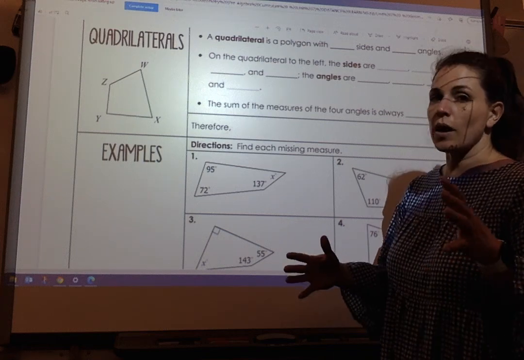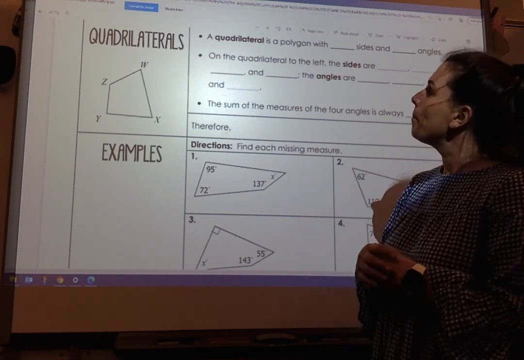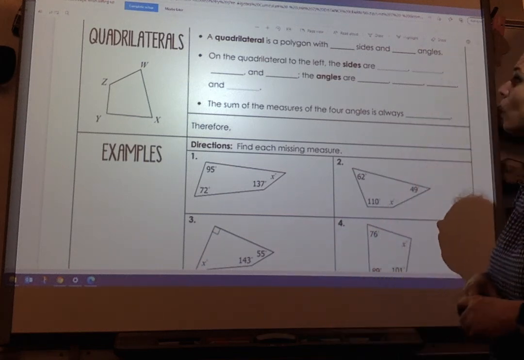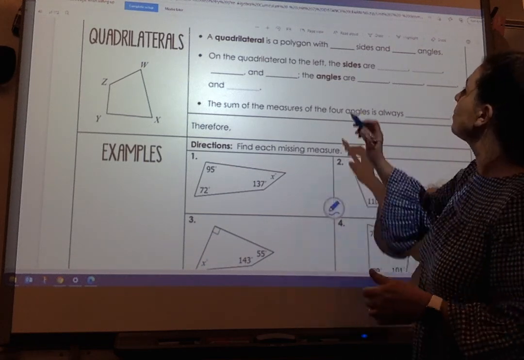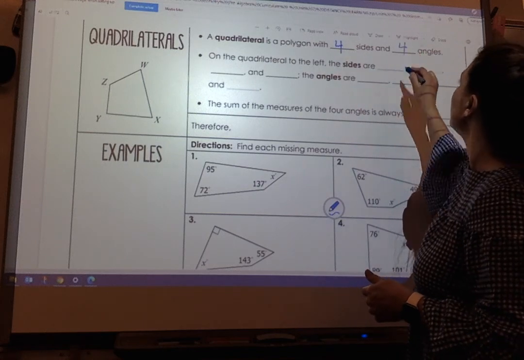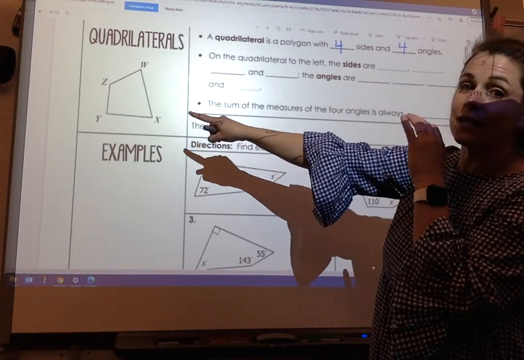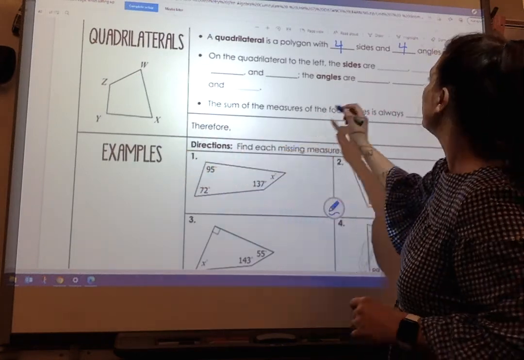We've already talked about quadrilaterals in the last video, but let's take it a little more in depth and look at it algebraically. So a quadrilateral, we already know, is a polygon with 4 sides and 4 angles. If you look to the quadrilateral on the left, if I identified the sides of this polygon, I could say